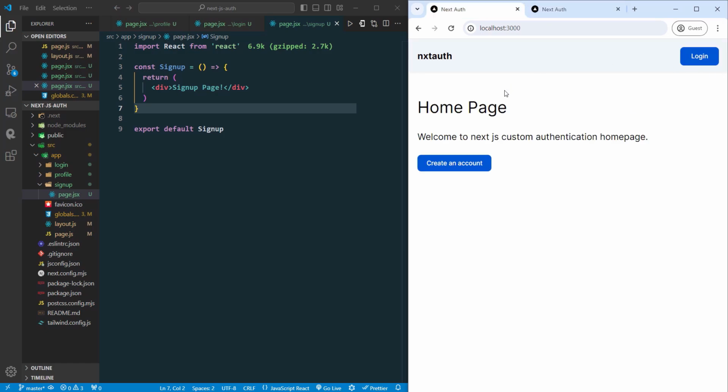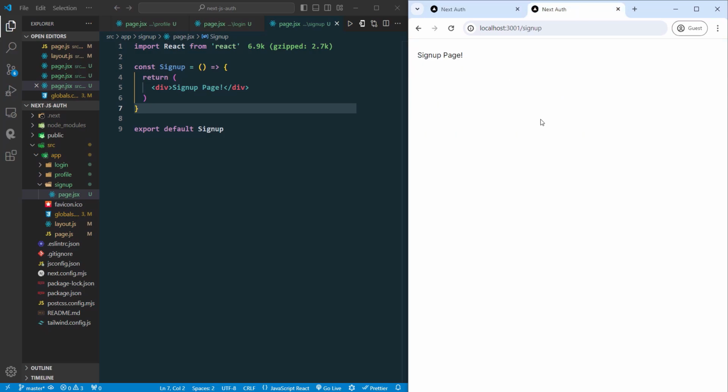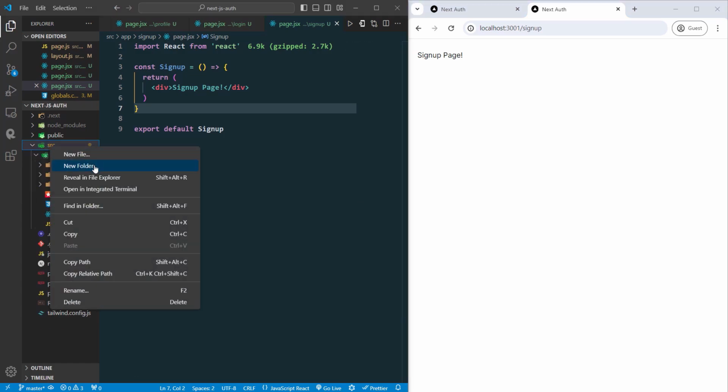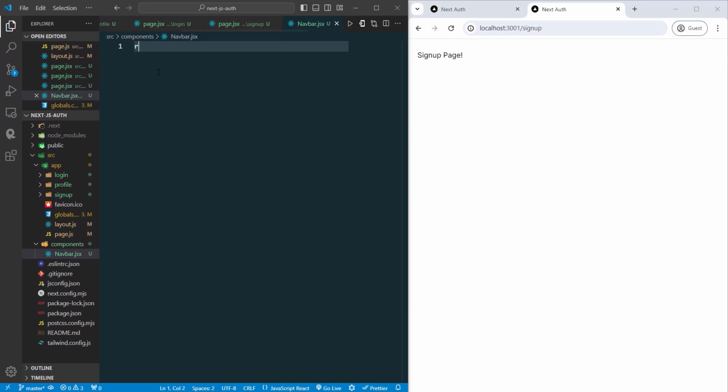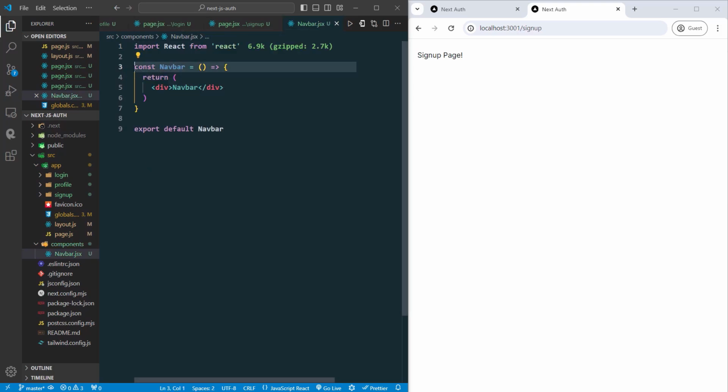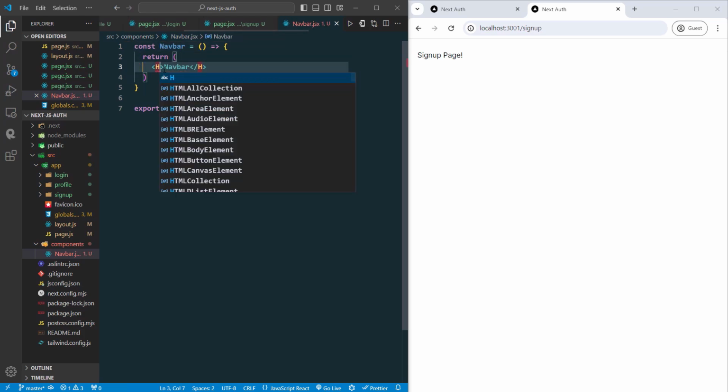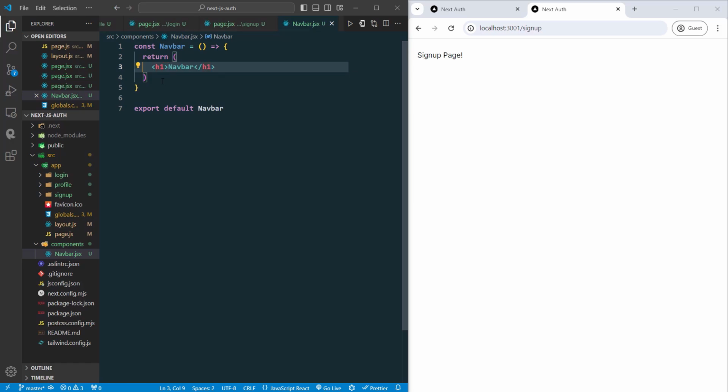Now let's create this navbar of our application. The navbar of our application will be a component, so I'm going to create a new components folder inside the source directory. And inside this components folder, we are going to create the navbar component. So let's create a new file called navbar.jsx and a functional component. And if we just print h1 saying navbar,